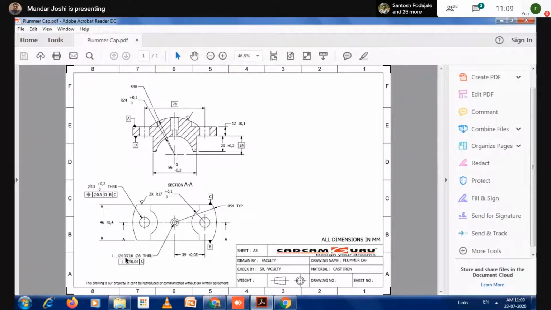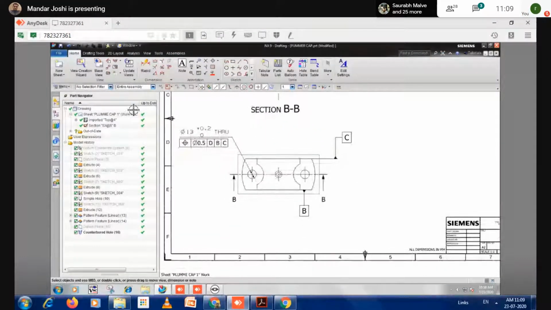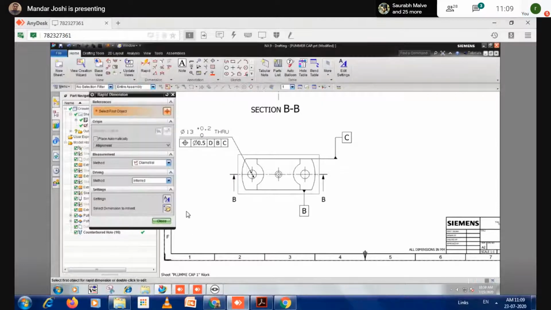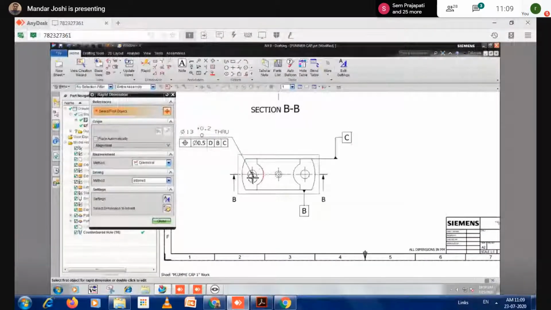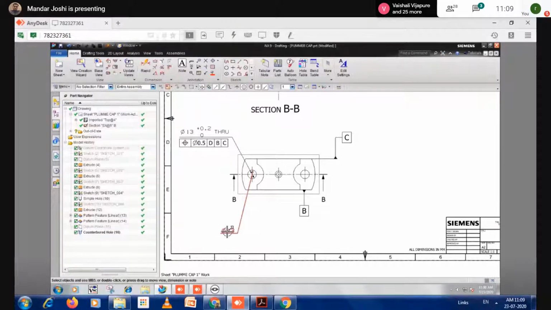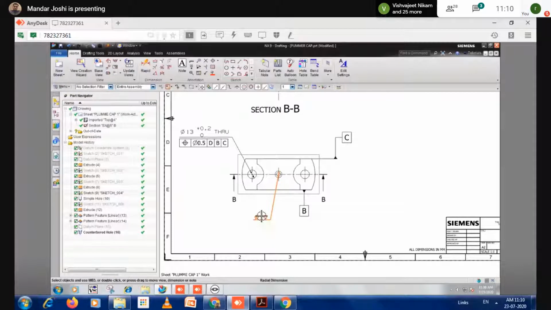So to indicate those sizes, I go to select the dimensions. So in the dimensions, what I need here is the diameter 10 symbol. So I take the diameter, select this, click here. And after clicking on that, I think it is not 13, just a minute. It is for this side, correct? So I'm taking this diameter 10 symbol, and once you put this value, double click on that diameter 10,